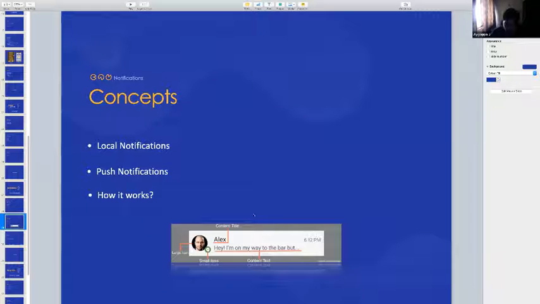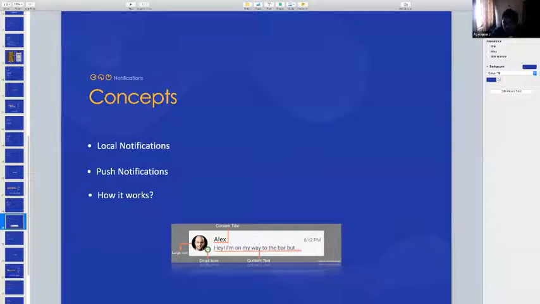So coming to the parts of a notification, usually you see a picture, a title, content text, and time of delivery. All these properties you'll be sending in the message. As I said, from the backend you'll be sending a message, right? There you'll mention, okay, use content title as Alex, use content text as this particular text, and use a particular image for the large icon, this particular profile icon or something. All these details you'll be sending in the message, and the message is usually called a payload.